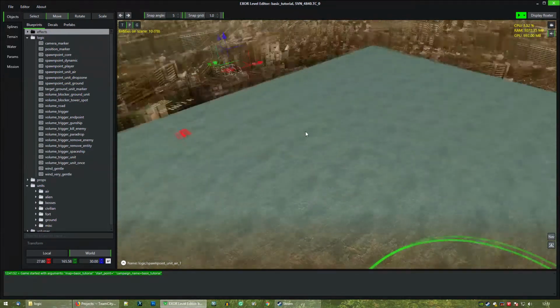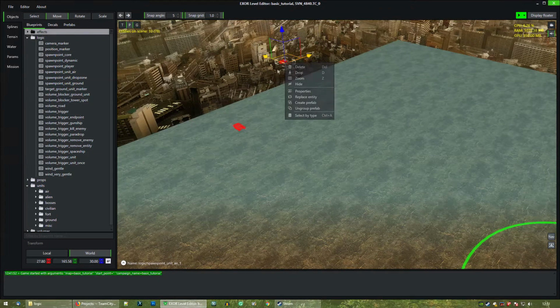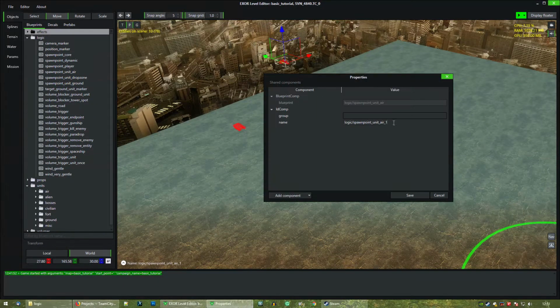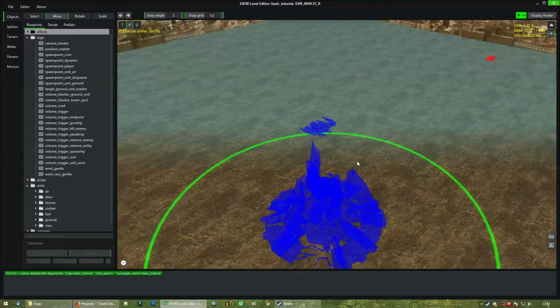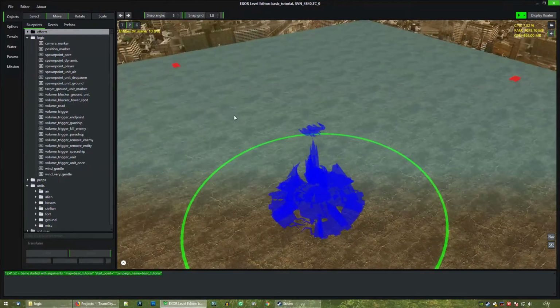Okay, so now we have some air spawn point. Also, let's have a name for it, and you will see logic spawn point unit air. And now let's add north. Okay, so it's different. You know, it's spawn point unit ground north and spawn point unit air north. Okay, we have some spawn points, and